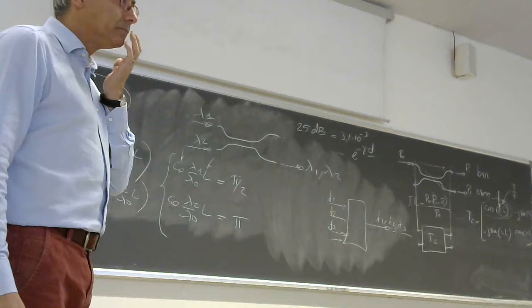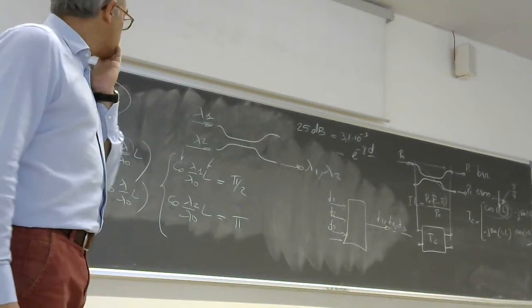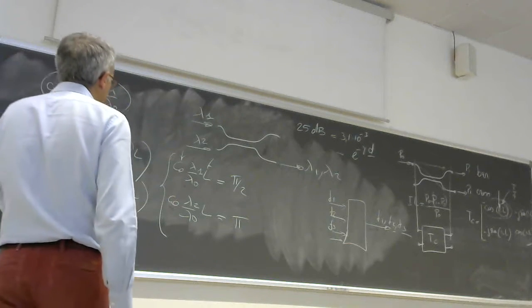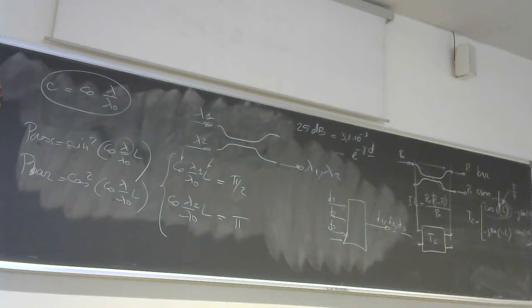Given lambda 1 and lambda 2. Yes, sure. Try to solve this system, if you are able. No? There are infinite solutions. No, there are no solutions. No solutions. Well,